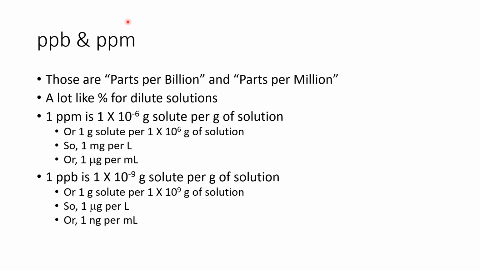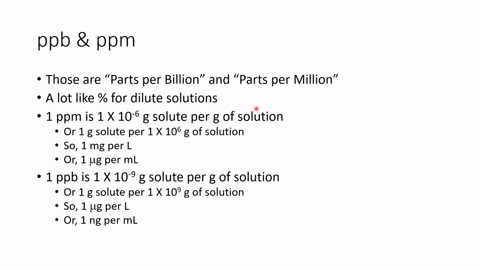You'll sometimes see these, especially I've usually seen it in an environmental context. Maybe it's engineering in general, but certainly in environmental engineering, you see this a lot. So sustainability majors, I suspect you're going to run into this a lot in your career. ppb and ppm, which stand for parts per billion and parts per million. So it's a lot like percent, except that we're dealing with solution, not solvent. So what it means, 1 ppm is 1 part per million, right? Or like 1 times 10 to the negative 6th grams